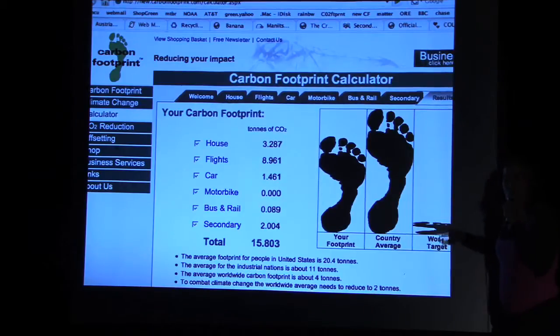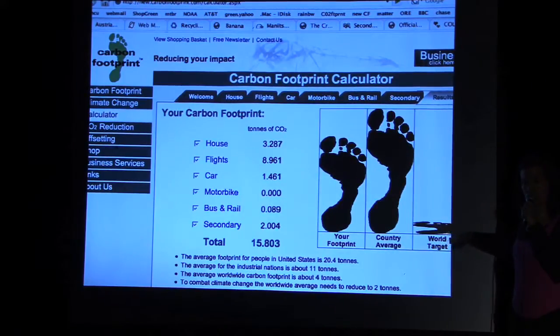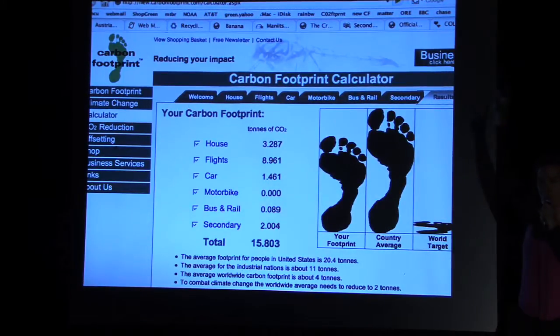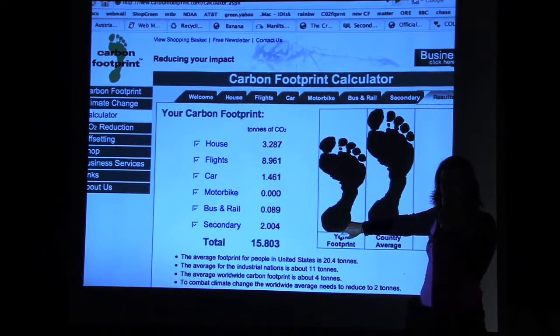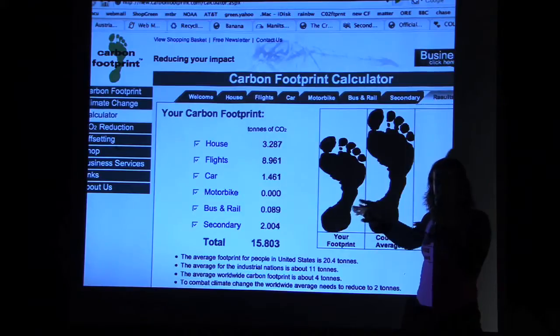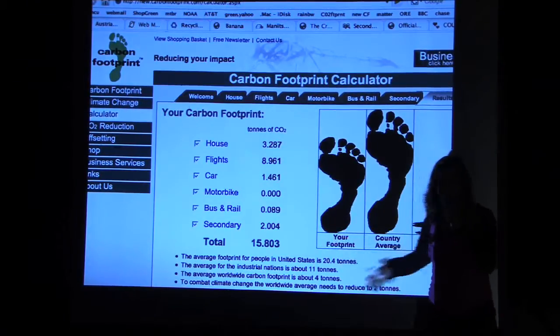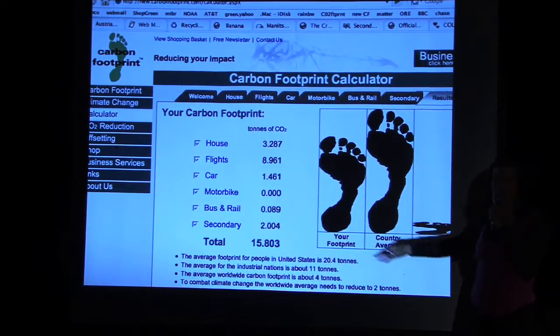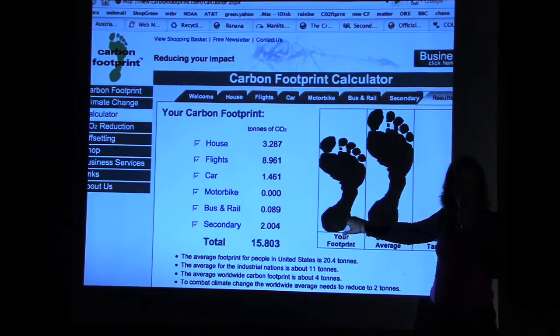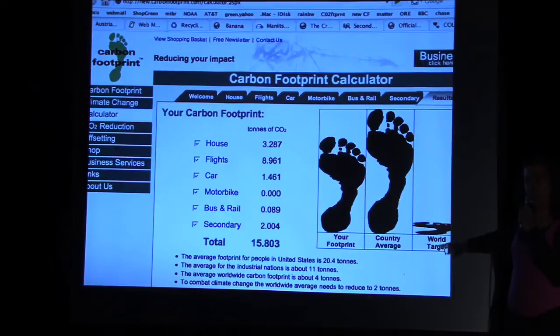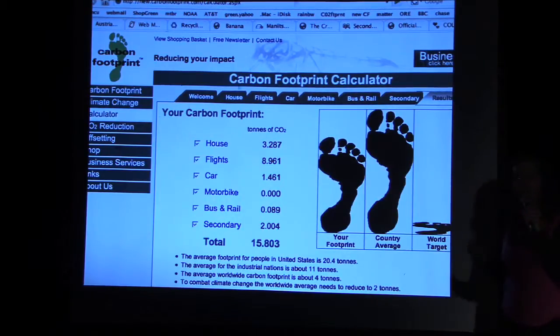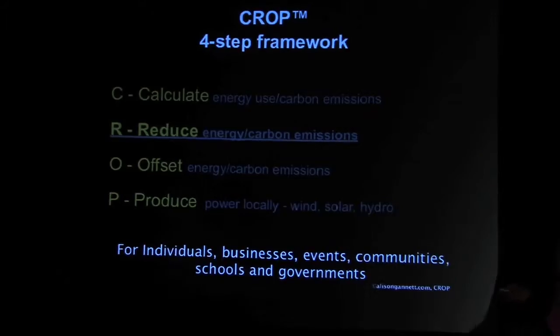Now, let's look at my footprint a few years ago at 16 tons, the average American at 20. The world target, anybody know the number? 2. 2 tons. Now this is me living in my hippy-dippy, ooby-groovy straw bale house and, you know, spending my whole life dedicated to climate change. This was about 8 or 9 years ago. And my carbon footprint is very high. I have a long way to go to get to here, which is why it's so important that the first step that everybody does is measure their carbon footprint.